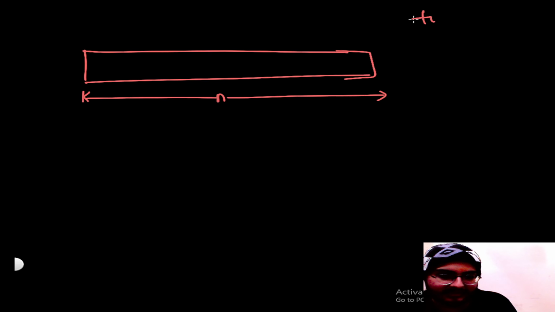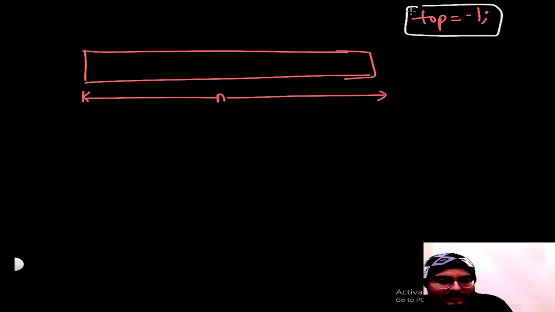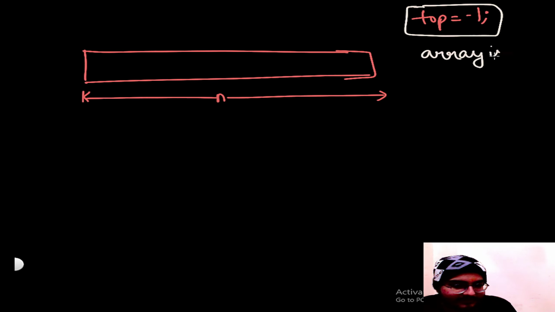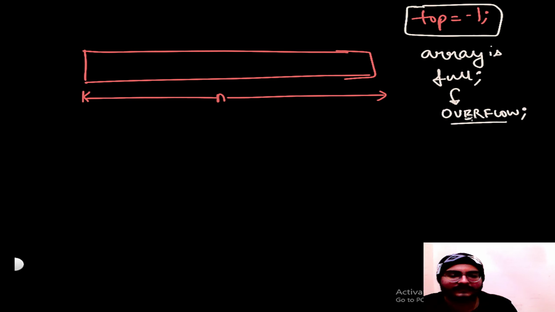I will take a stack over here. Like I will take an array. Initially the size of the array is n, and my top is equal to -1. I will use this variable, and I will say that initially my top is equal to -1. Now when I insert an element, there could be a possibility that my array is full. So if the array is full, it should output overflow. So this is the overflow tag. If the size of the array is full, it should output overflow.